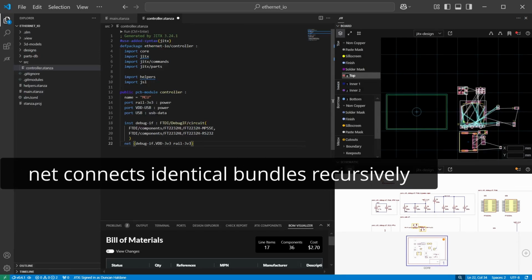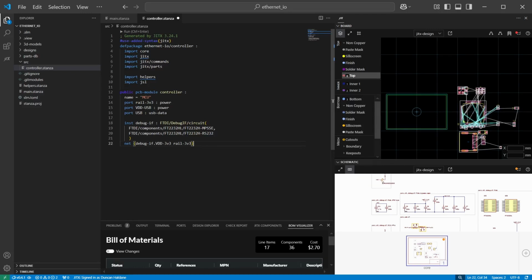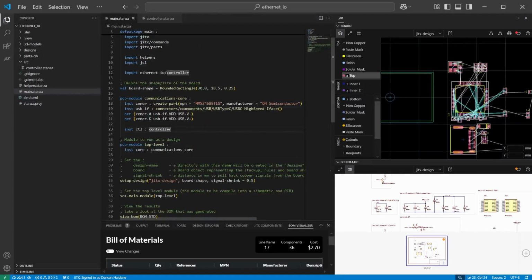They're both identical, they're both power. And when you do that, all of the connections inside those bundles will be made automatically. In this case, V plus to V plus and V minus to V minus. And that works for any size bundle. So there's our connection to VDD USB. And we need one more for USB. Saving this. Next, we need to add the nets